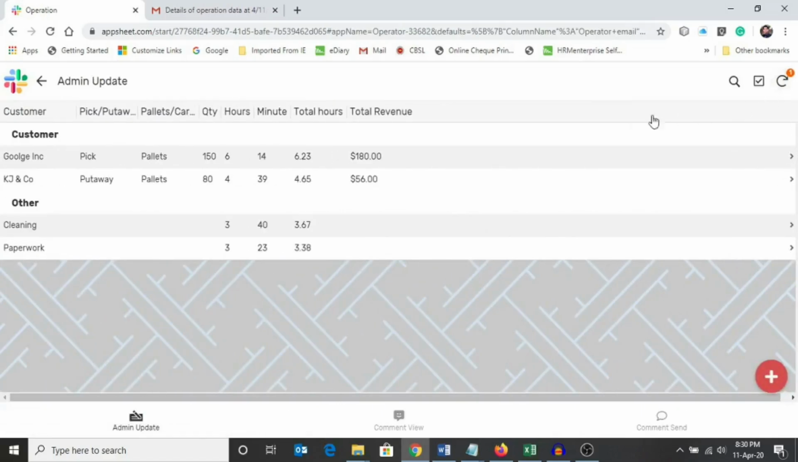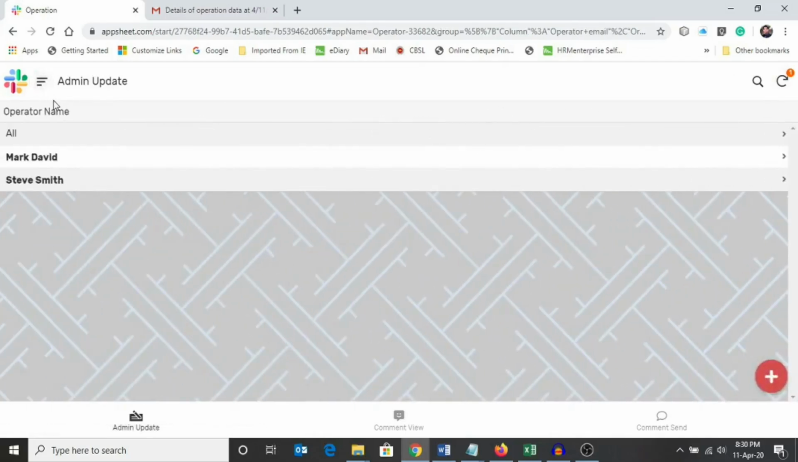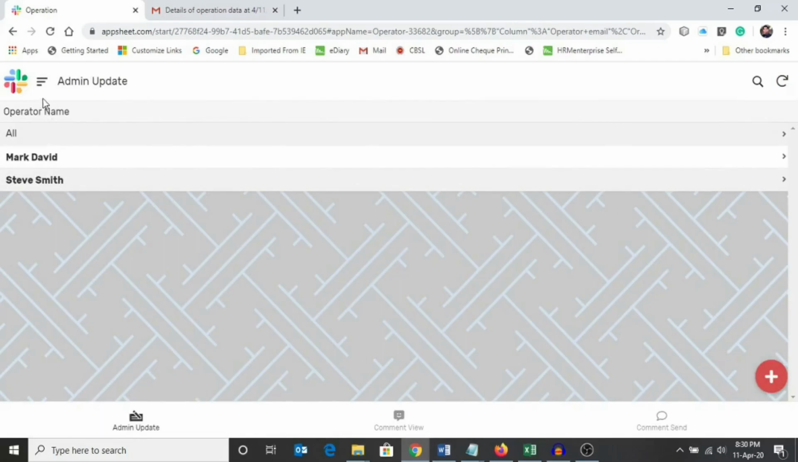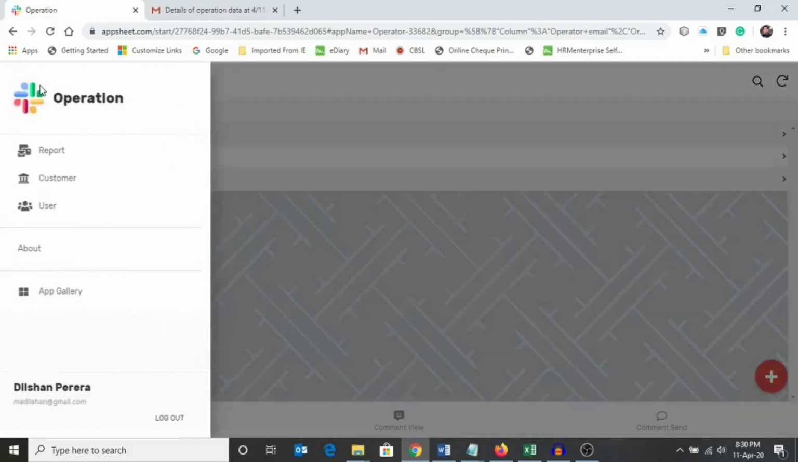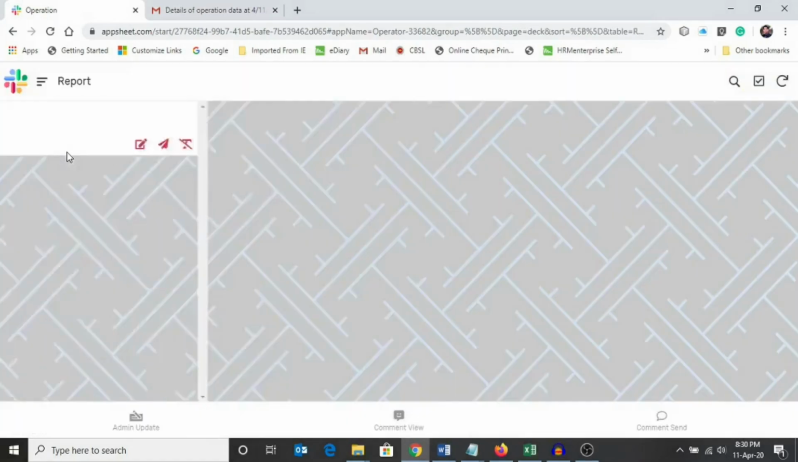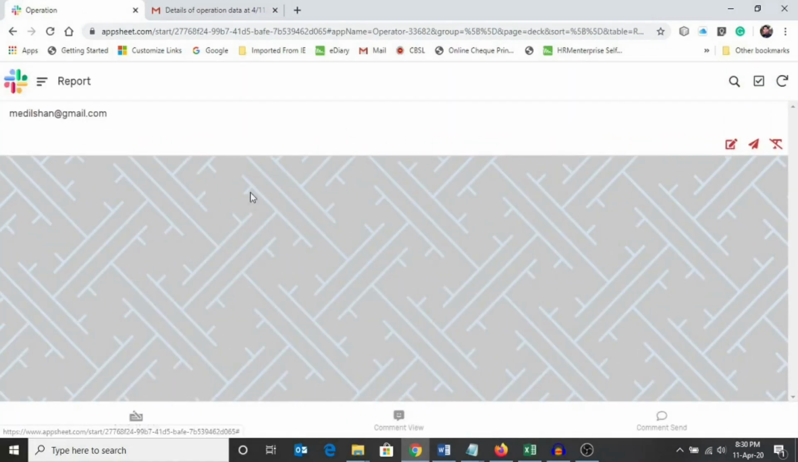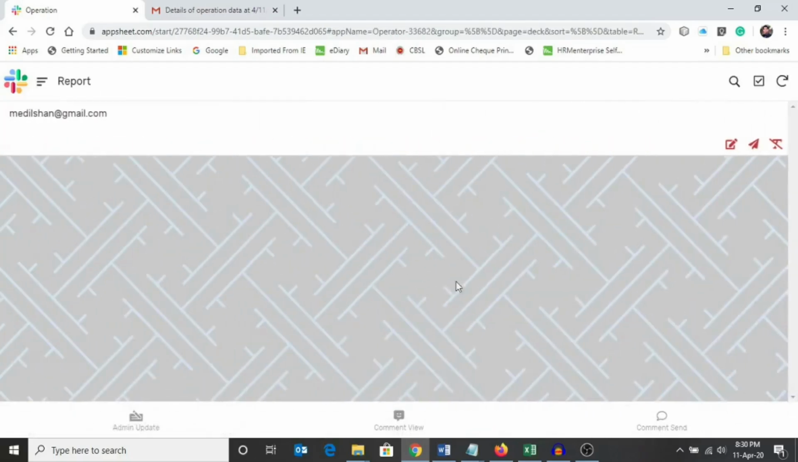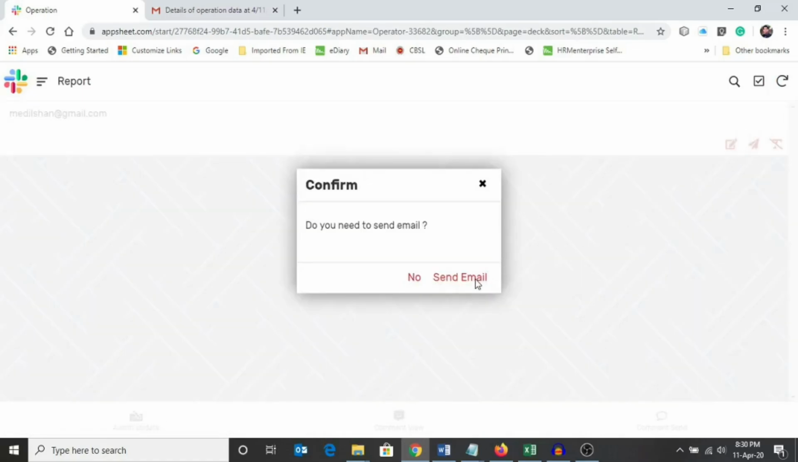If it is finished, the entire update and the data, you can send the mail to the respective party. For that, you have to go to the report section. Then if you need to change the email address, click here and you can change anything here. But for the time being, I will send to my email address and click the send button. This is the confirmation button. You will send, click here